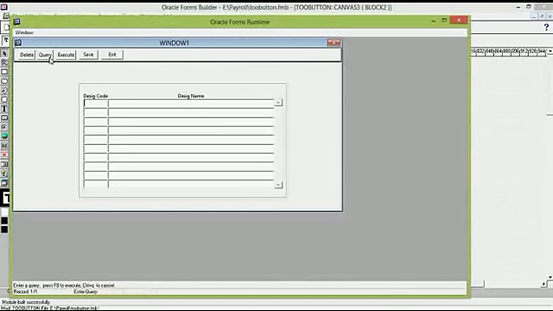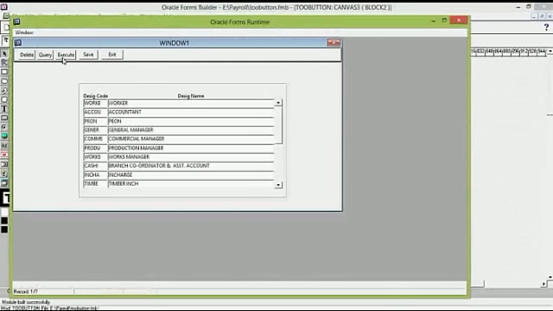We enter query, execute. Let us make some changes. As you can see, transaction complete, one record applied and saved. So let's delete the record. Okay, we will not save this one. So you can see we query the record, we execute the record, we save the record, we delete the record.